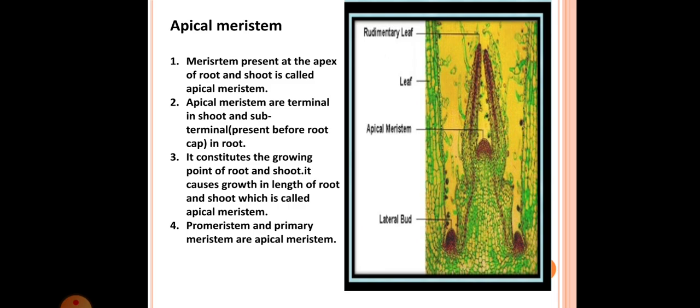So this is known as the apical meristem. The promeristem and primary meristem are also known as the apical meristem. So next one is